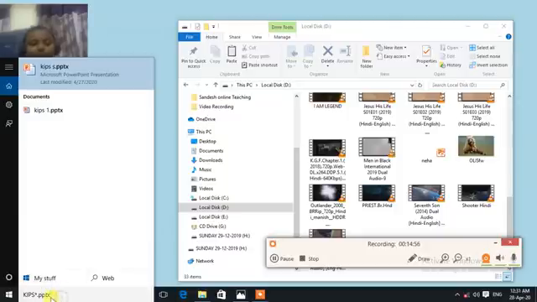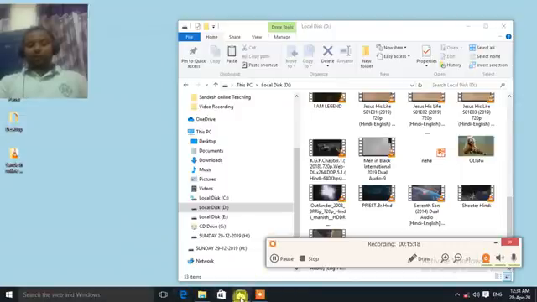If I am not giving the extension, then I am using only asterisk, dot, then full stop. After that, for the extension also I don't know, so I will use asterisk again. So it will show all the related PowerPoint files and Word files also. So this is the way.